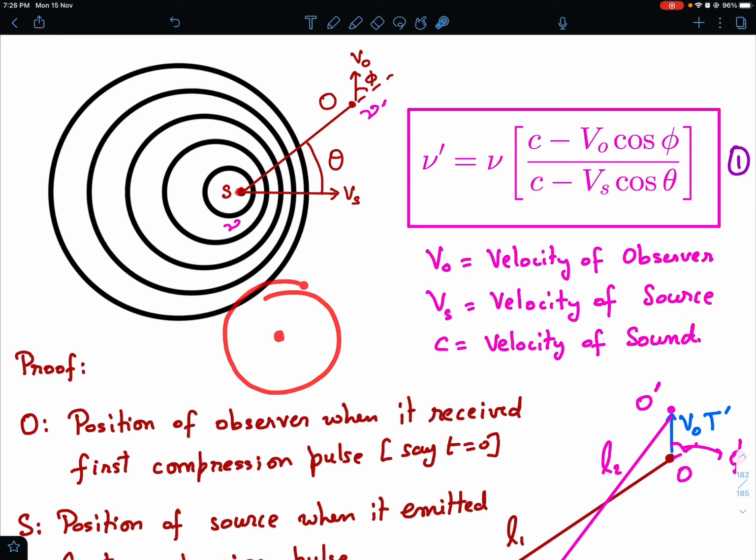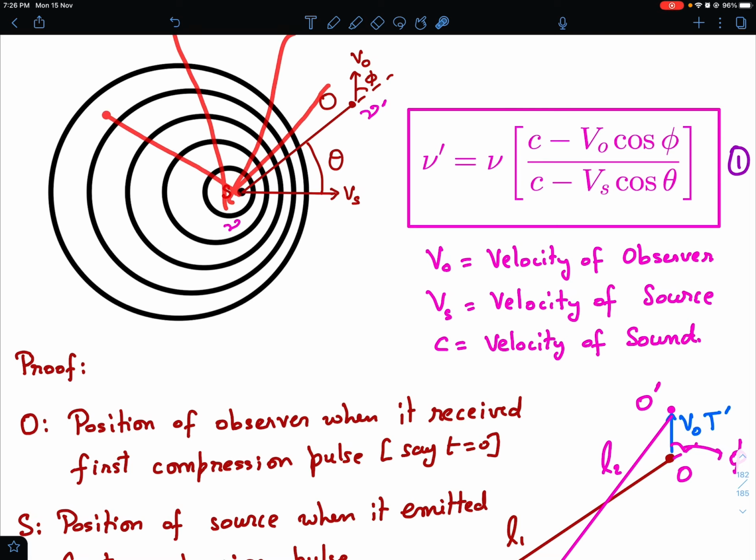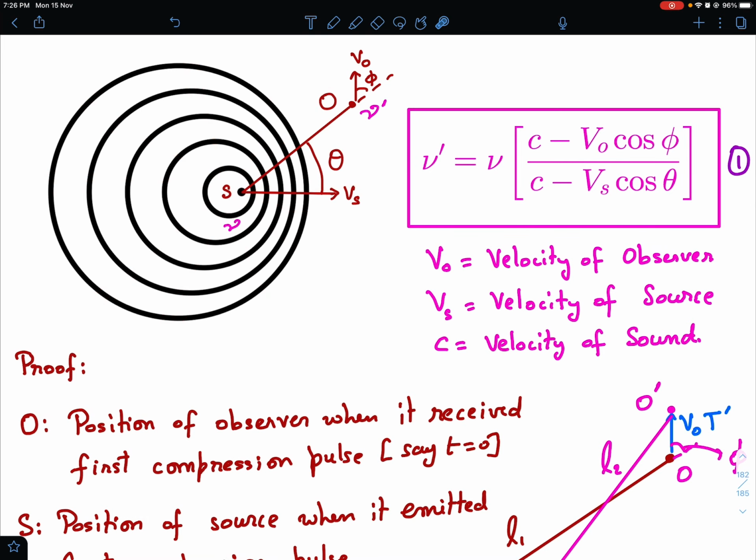And you see how exactly we have got this diagram. See, the source was somewhere and it emitted a compression pulse which spread out in a circle. By the time it spread out in a circle, the source was already ahead by some distance, and this is the new position, and this will become the center of the circle for a new wavefront, right? So the first circle has spread out, and then the second circle is spreading out from here, and then the third circle is spreading out. The source is moving forward, and that's why you are getting this type of pattern, right? And that's why in different directions you are getting different wavelengths. So wavelength is nothing but the separation between two wavefronts. You see here the distance between the wavefronts is larger, whereas in this direction it has become smaller.